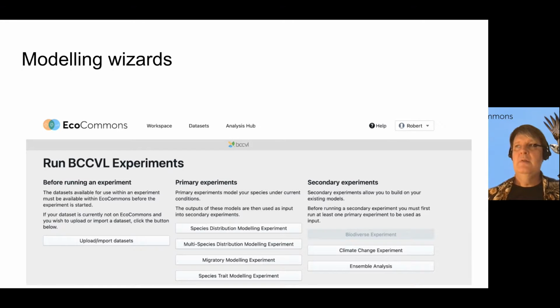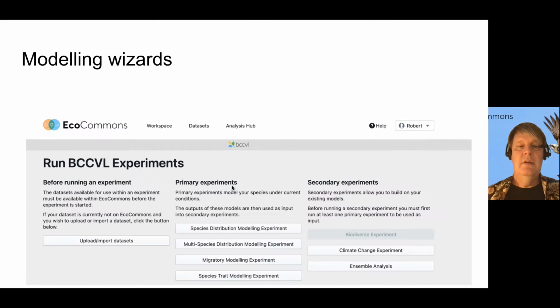Once you've done that, once you've selected some occurrence data, so you need to choose your species and choose your occurrence data, we'll have the ability to filter those occurrence data within EcoCommons. So if you only want records from the last 10 years, because that's when your environmental data was collected, you can select those records. If you only want records from a certain custodian, you can select those records. So there's a variety of ways that you can filter out those occurrence records. But once you've downloaded them, you can open up